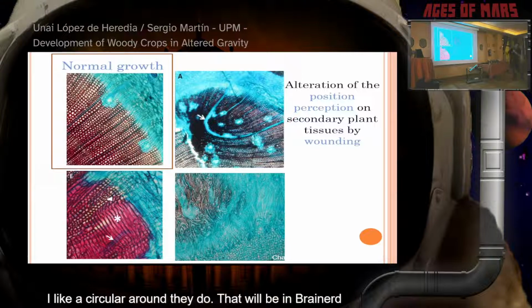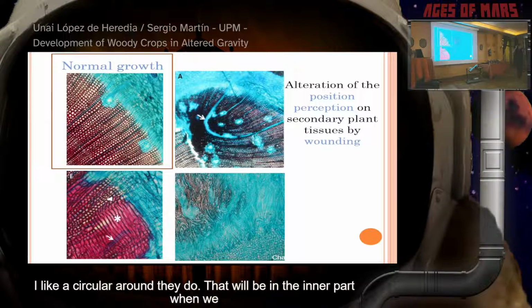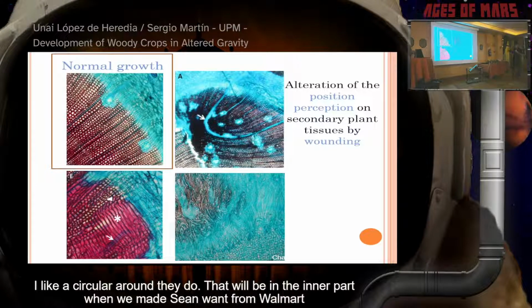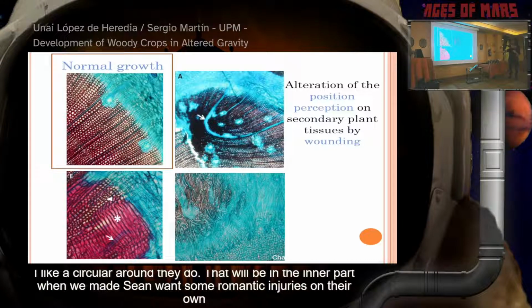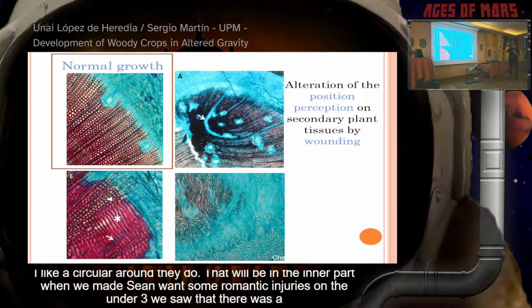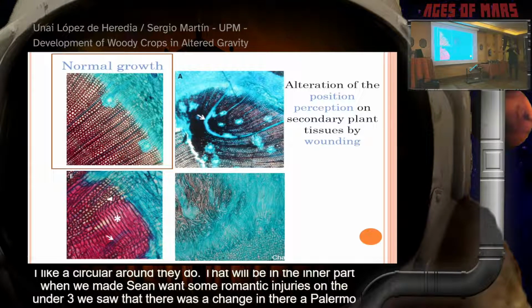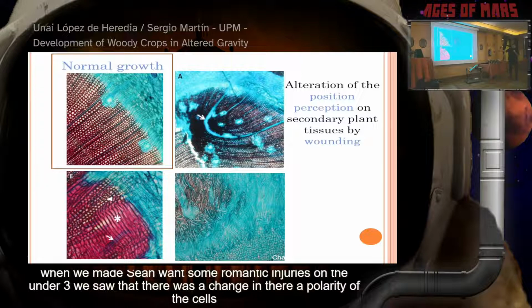So when we made some wounds, some traumatic injuries on the tree, we saw that there was a change in the polarity of the cells. These are cells that are